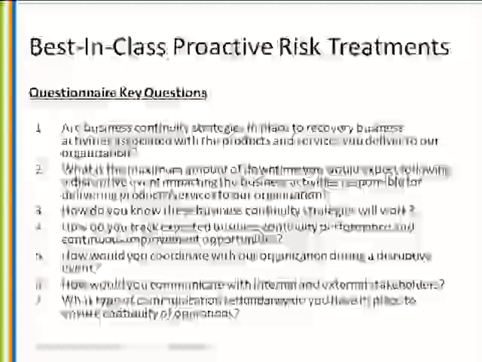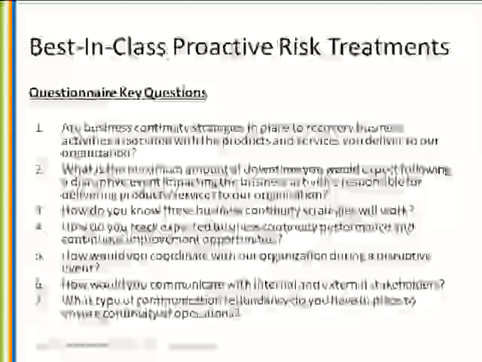The second is a discussion around the maximum amount of downtime that you'd expect following a disruptive event. Clearly, there are many, many different causes of a disruption. But what is the supplier truly planning for, and what do they see as realistic in the event that the resources that deliver the products and services are impacted? How long could we really be down? And that's an interesting discussion as well, because comparing their perceptions of downtime to yours and the practices you have internally really results in some interesting dialogue.